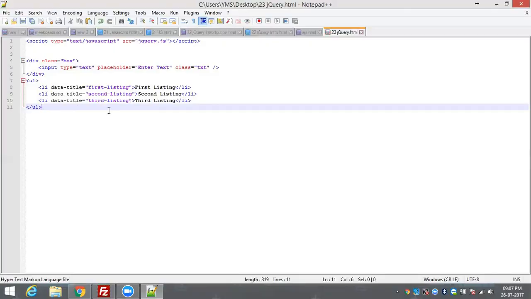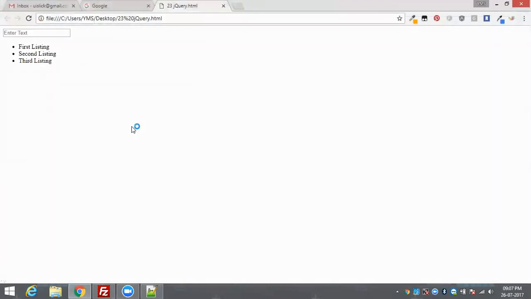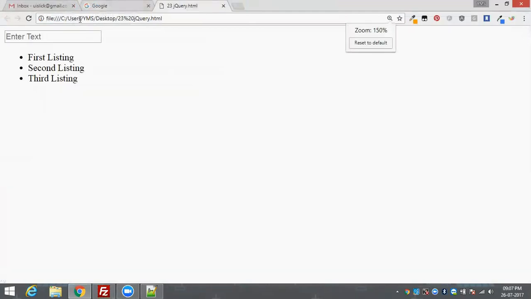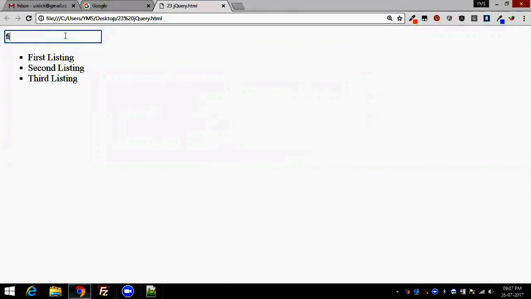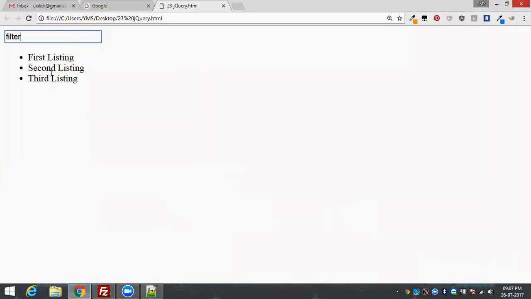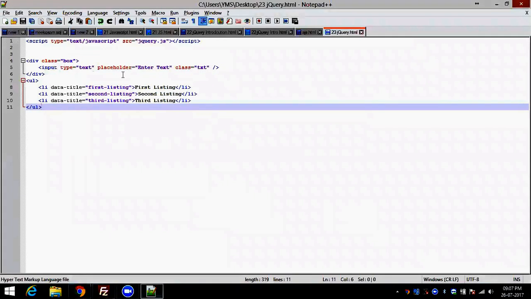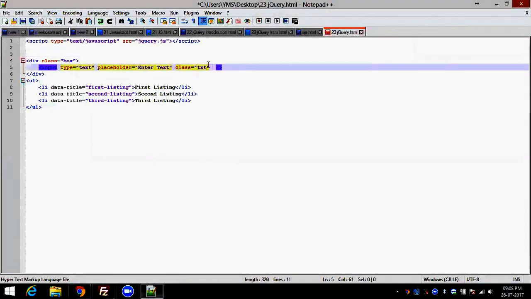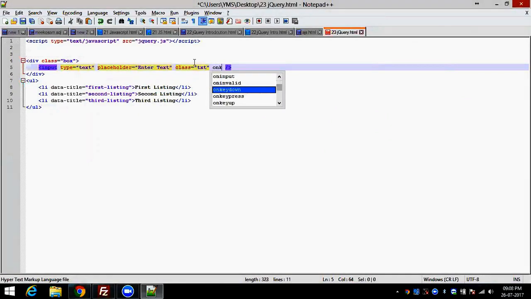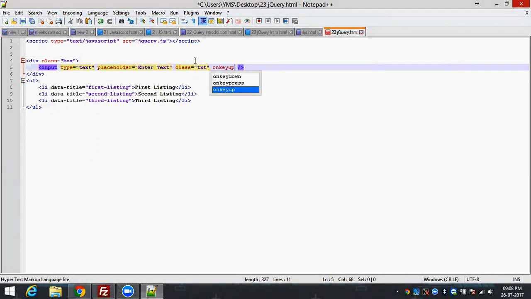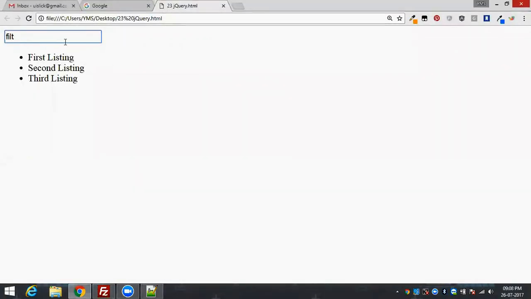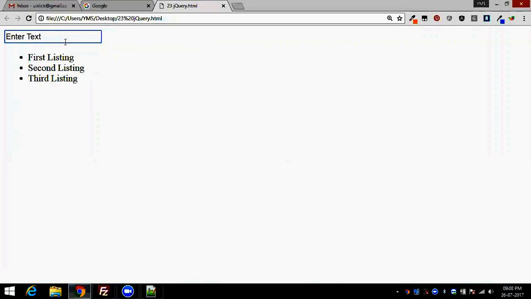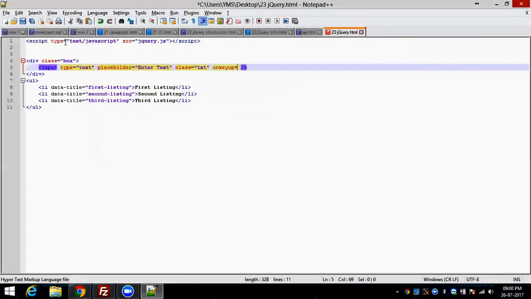1 minute. This is how our page looks, right? Now, when I type something here, it should filter our list. This list, it should filter, right? Now, what we need to do? So we need to do it on key up, right? Because we need to take the data which is entered by the user. We already discussed this thing, right? So